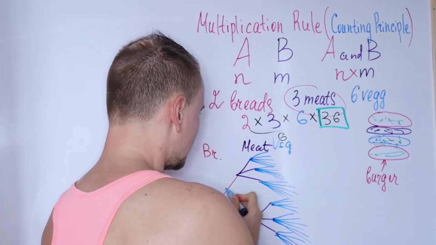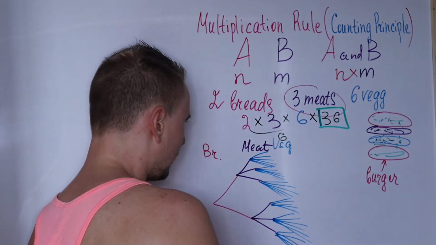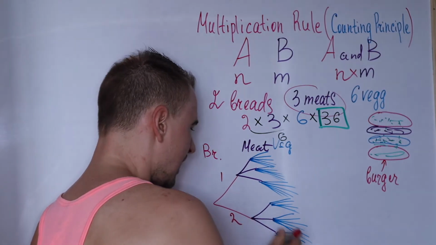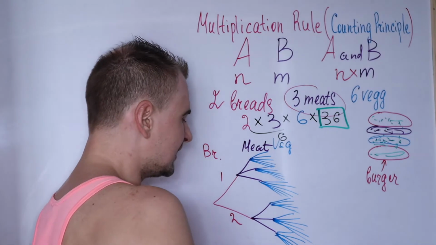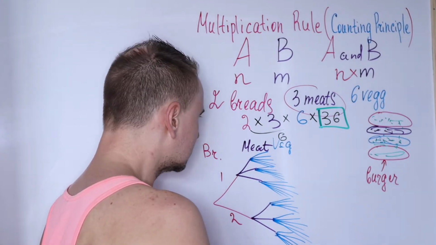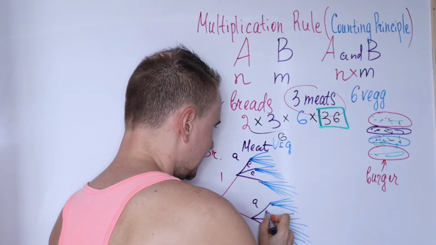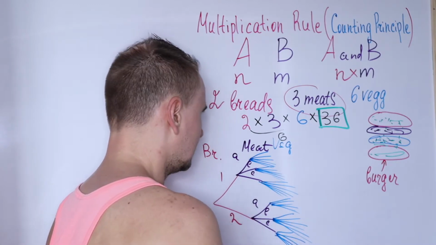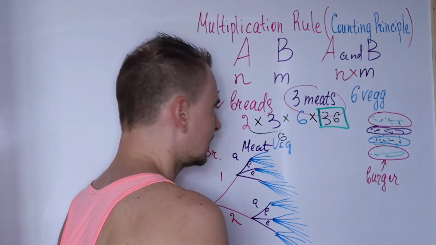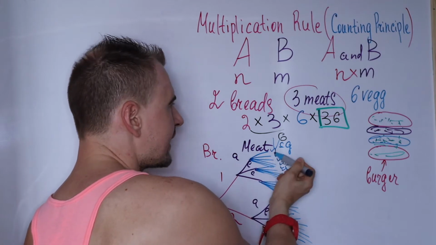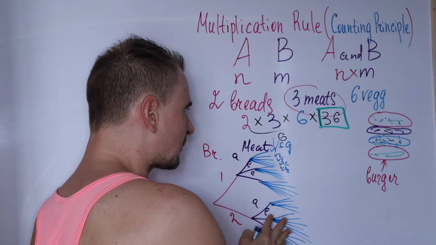Let's say you have 1 and 2 types, like white and brown bread, and you have meat, let's say chicken, beef and pork, or ABC. And for veggies you can write it like 1A V1, 1A V2. And if you want to count them,